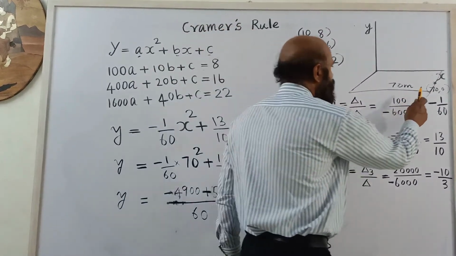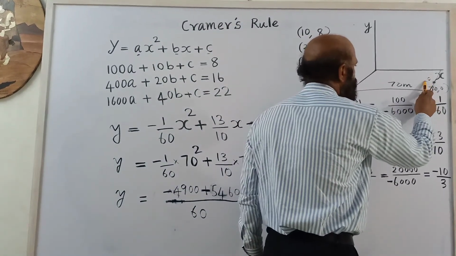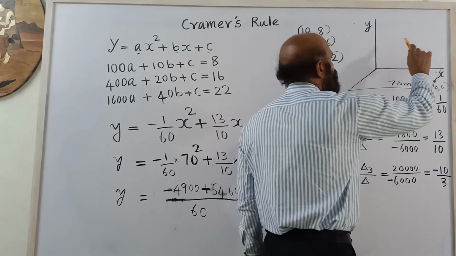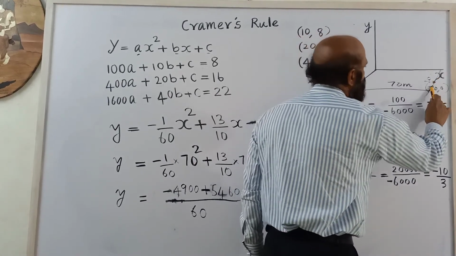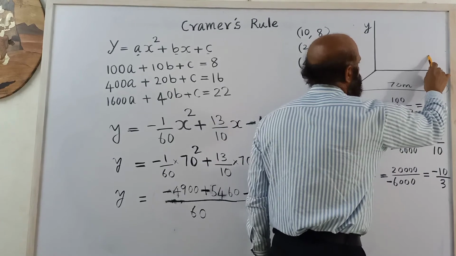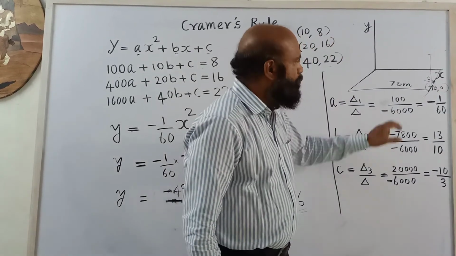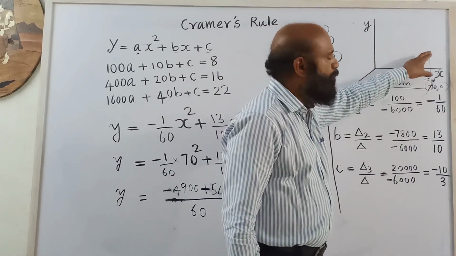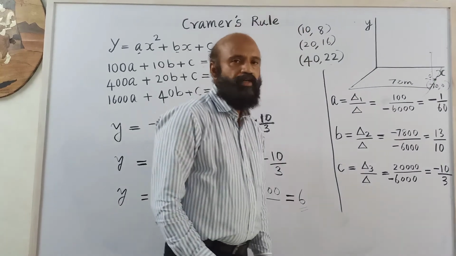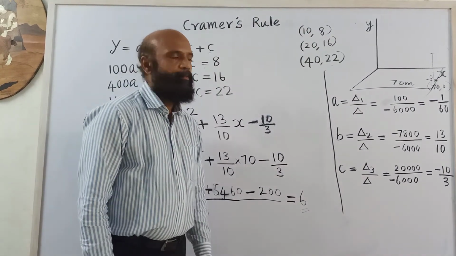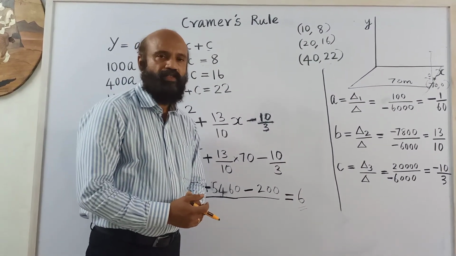Suppose the fielder is standing here. The ball is moving 6 meters from the ground. So the fielder will not be able to catch the ball. The team which was batting won the game.